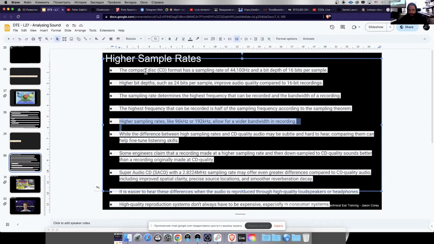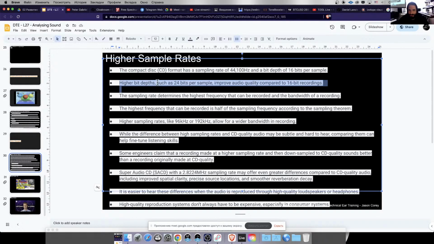Like just quickly, I'm going to run through this and I'm going to tell you a couple of things in the end. So the CD has 44. We will come back to the analysis of the song. I just wanted to cover everything and then go back to the analysis. The compact disc is 44.1, 16 bits. I mean, CD in any way is relevant. The format is relevant because it's what we use to upload